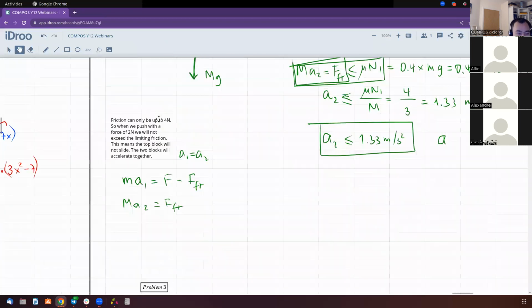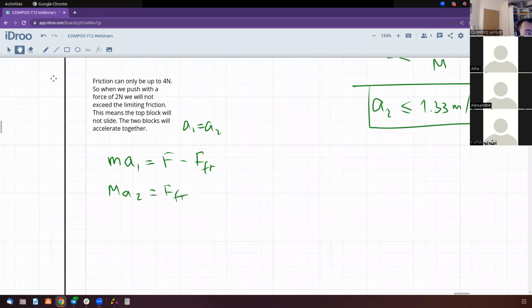And we know that the acceleration is the same. We just add them. And we have m plus m multiplied by acceleration, it doesn't matter A1 or A2, and is equal to F. In other words, the acceleration of the second block, let's put it this way,